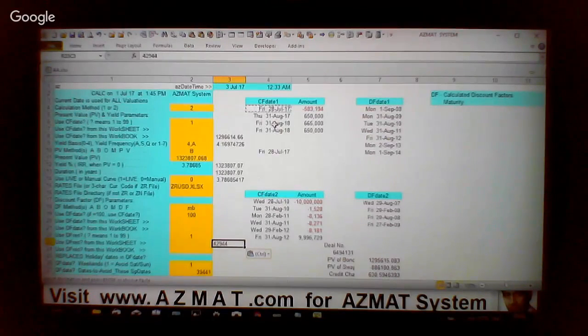So all the dates, Excel uses a particular number. So 42944 is Friday, 28th of July, 2017. So if I actually change this number, you'll see, for example, here, if I change this number here, 42945,